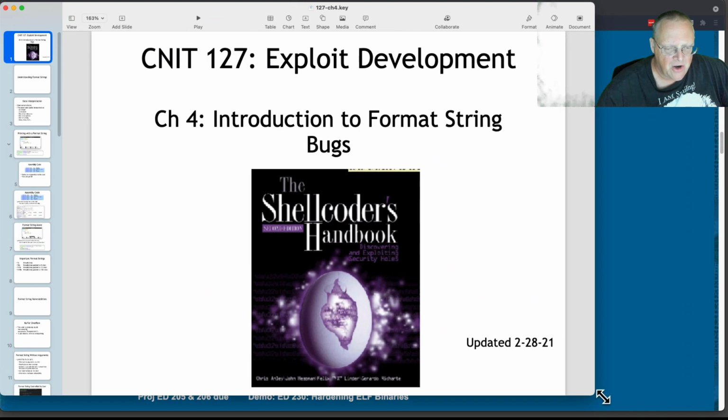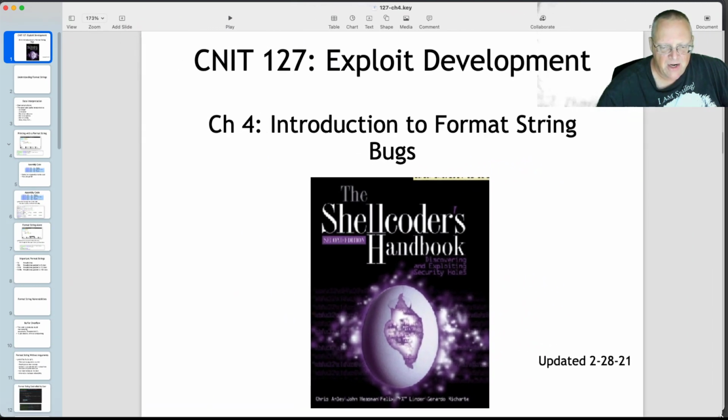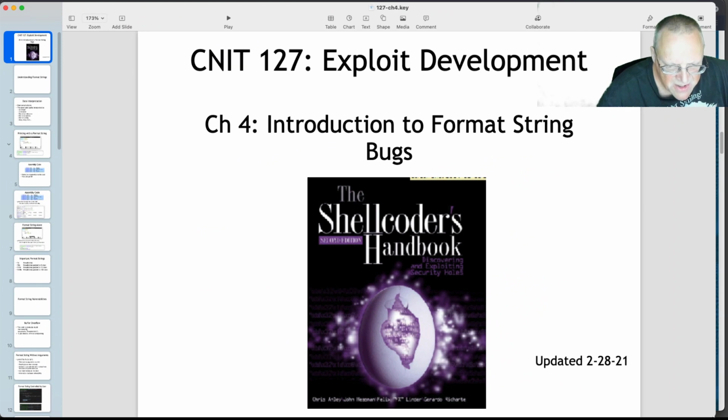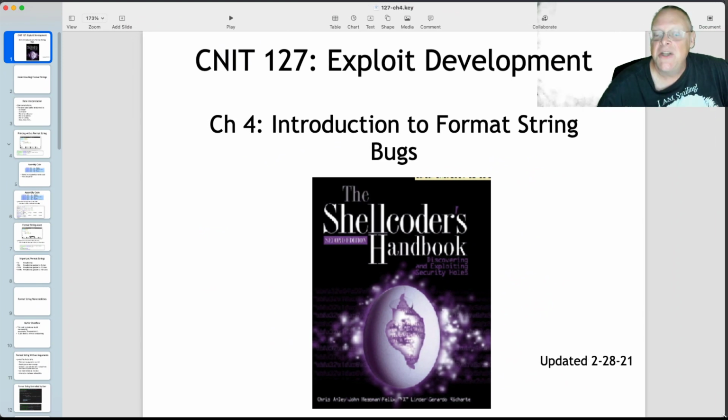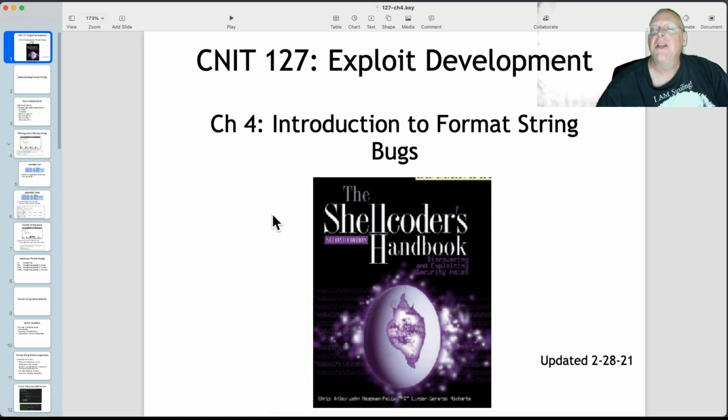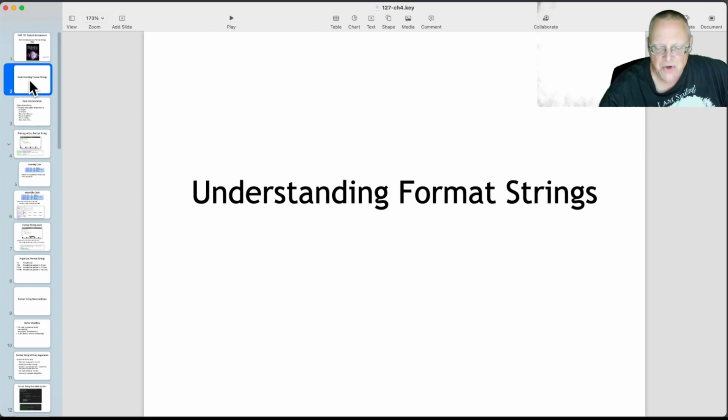I may just put that off for another semester or year before I try to figure out how to print these raw hexadecimal strings in Python 3, which very much resists it. We're abusing strings. We're printing things that are not strings as strings, which you can do in C and in Python 2, but Python 3 really tries to stop you from doing that. So anyway, let's talk about format strings.